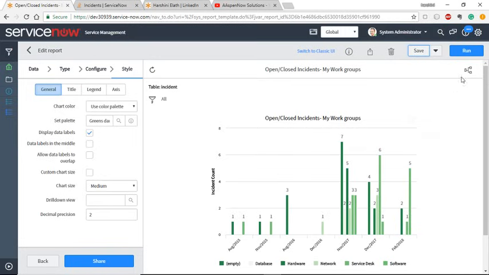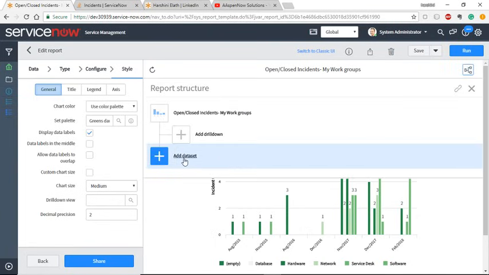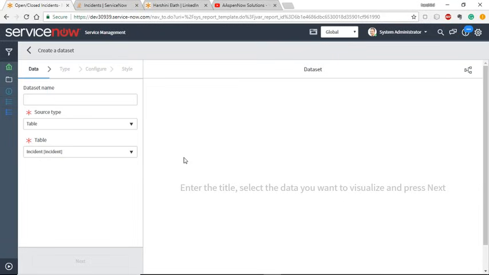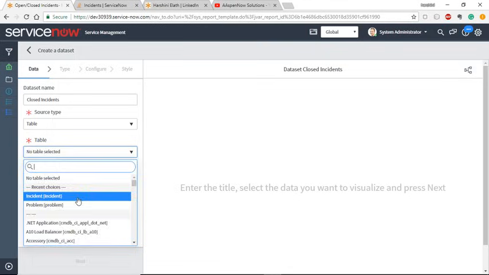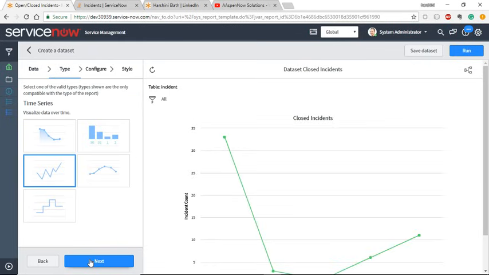So now let's see how to add the closed incidents. For this you need to say add data set. So now here we have the closed incidents, and just see that you can select different tables. So basically, if you want to show related tables to the incident table, you can even select that. So for now I'm going to go with incident table,